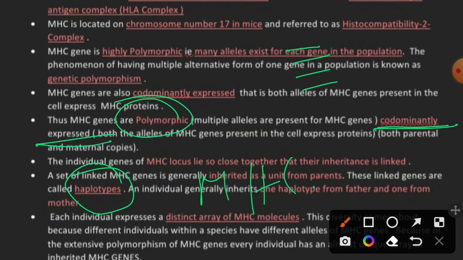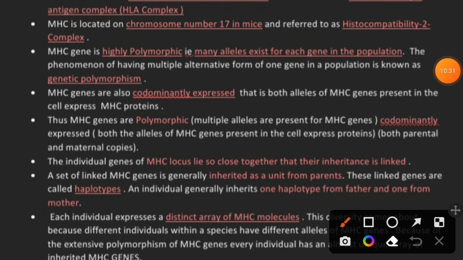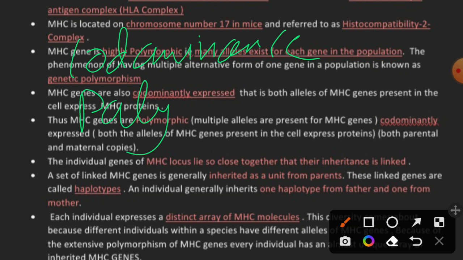So these three properties, codominance, polymorphism, and haplotypes, together